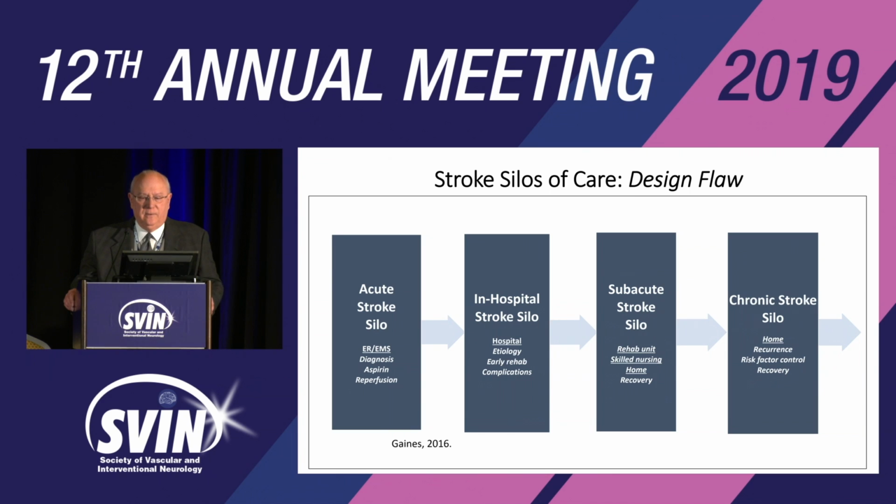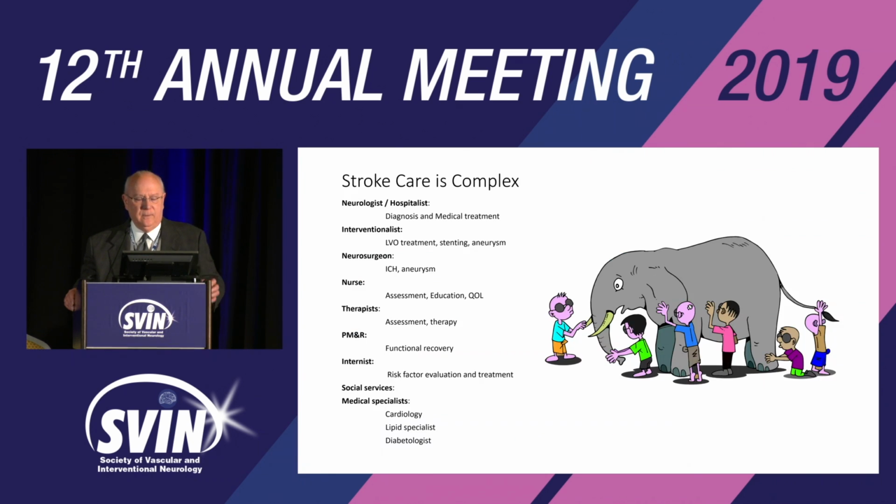So this is our current design that really silos care into acute in-hospital, post-acute institutional care, and then home care with different providers and different focus of care. So we felt this was a design flaw that we could try to fix. And because of this complex disease, we have multiple caregivers involved, and the analogy to the elephant with people with blinders on only being able to see their part,